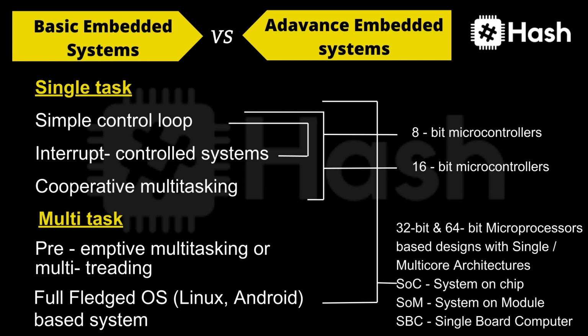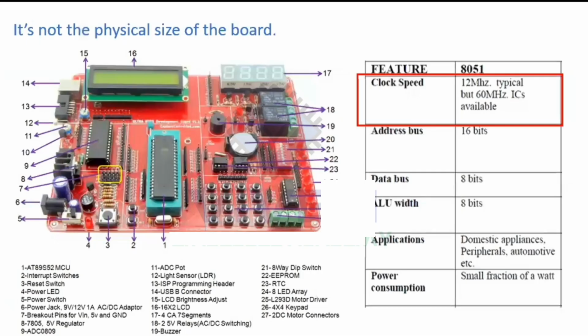These are more technical terms, where you would have heard of Raspberry Pi or BeagleBone Black. These come under single board computers. Basically, you have a board on which the entire computer is designed. As I have told you, the classification is not hard and fast, so it is not defined by the physical size of the board. That means if the board is big or small, it does not directly say that a basic embedded system has a small board or a big board.